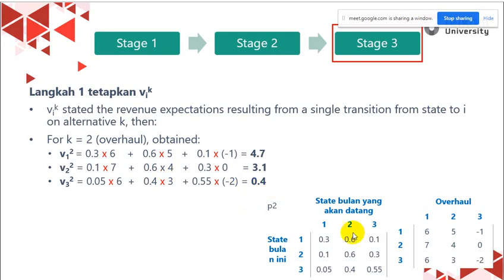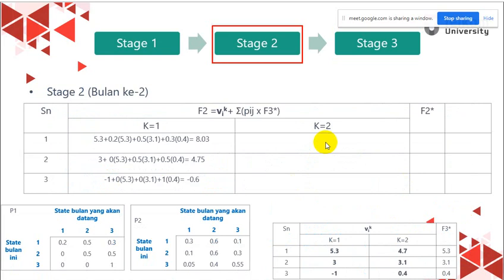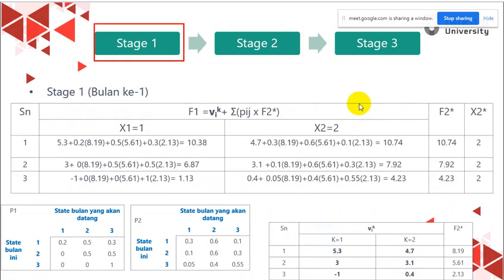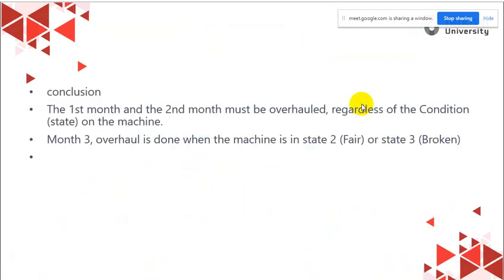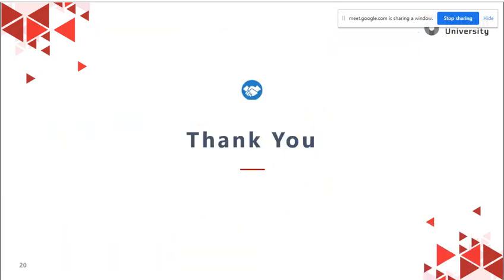But in this method, we can use many states here, 1, 2, 3, 1, 2, 3, and then it may come from another state too. So it's so powerful. This method is very good. I think you should learn it well. So maybe you can implement it in your future job. Okay, so this is the conclusion, and that was the step by step and the methodology or the algorithm. Okay, thank you very much.